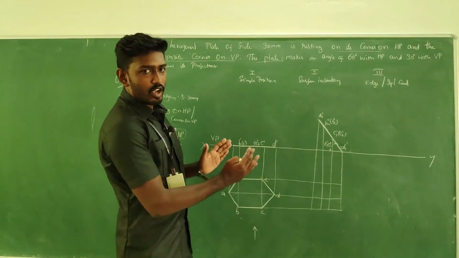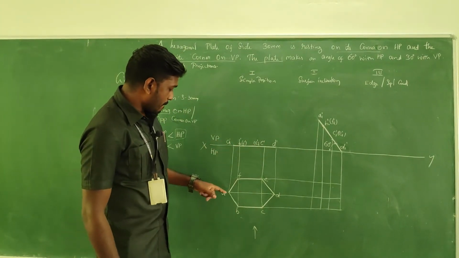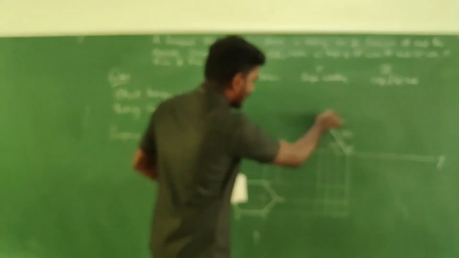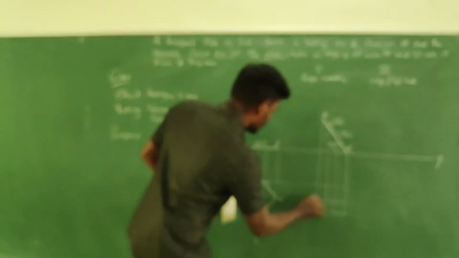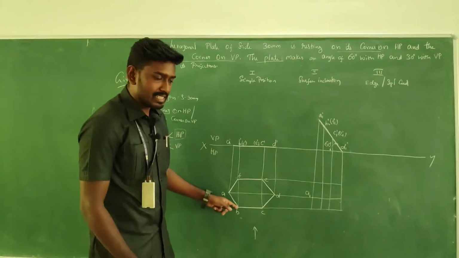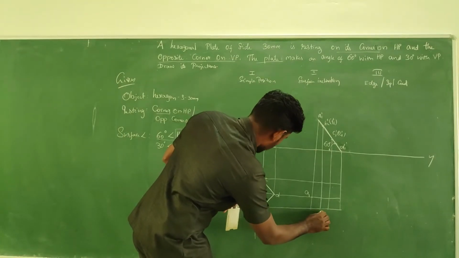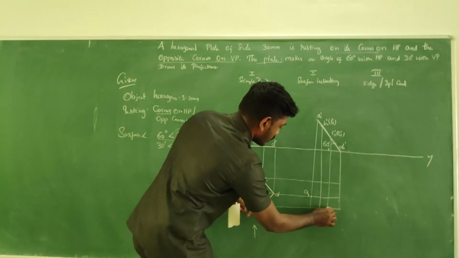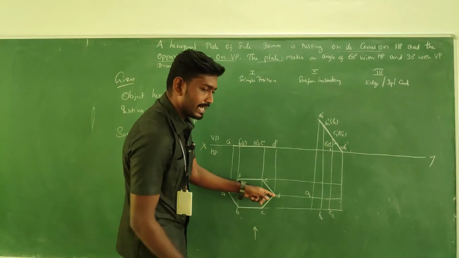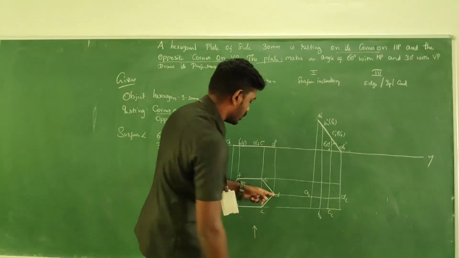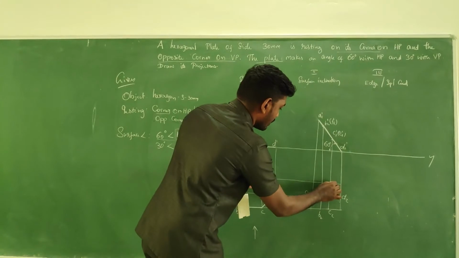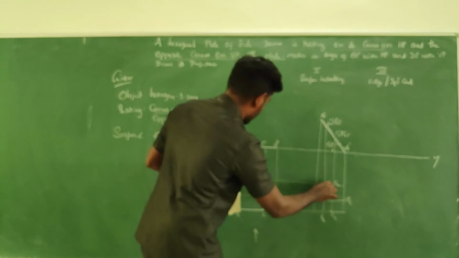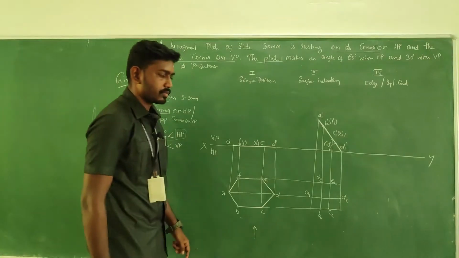So when it is inclined, the object will be skewed, that we know. So here, take all the points with the help of mapping: A projector and A projector, which are meeting at this point. So this is your A1. Here is the B projector and here is the B projector. So this is your B2. And here is the C projector and here is the C projector. Here C2. And here is the D projector, so D2. And here is the E projector and vertical meeting at this place, E2. Here is the F horizontal and F vertical, so this is your F2.